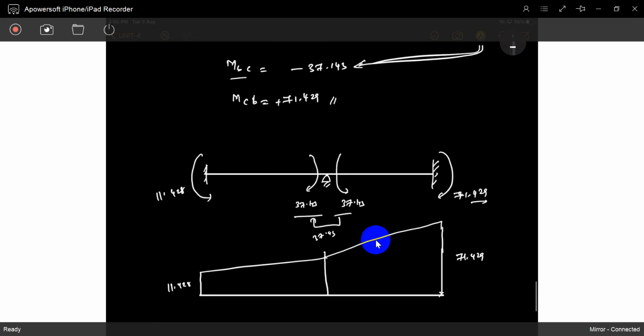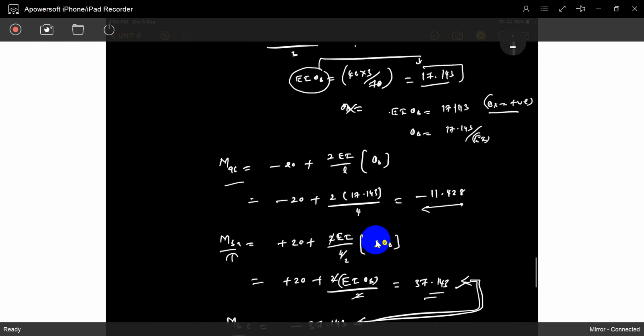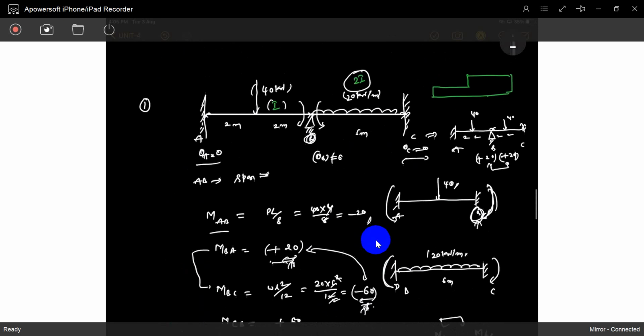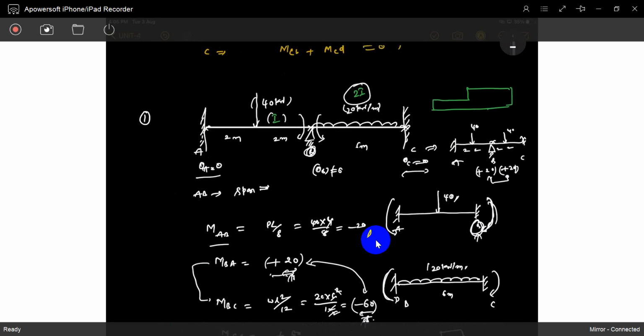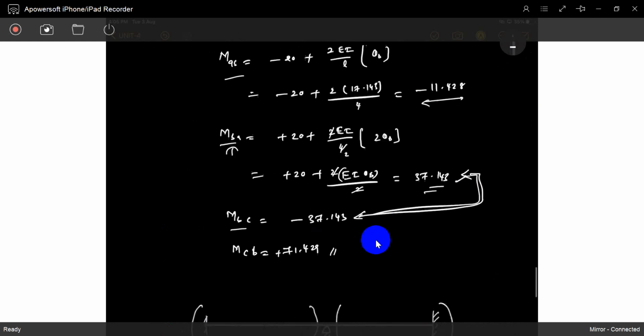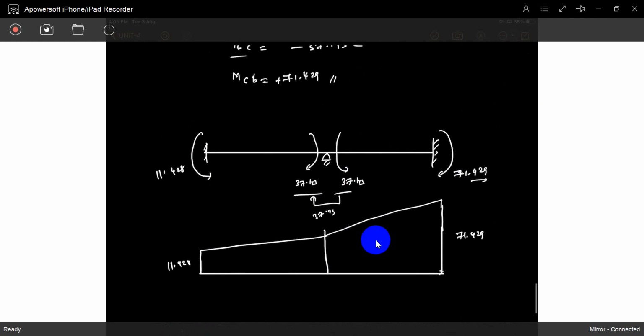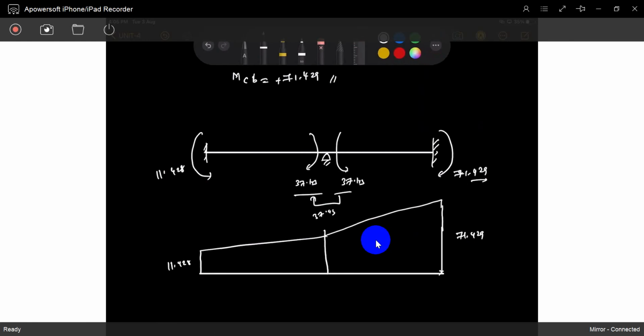Okay, so you will just add these values. And later these are the hogging moments, sagging moments based on that load. We already drew the bending moment diagrams like this in fixed end moments. This is a uniformly distributed load. How will it be experienced? It is experienced like this. This is a point load.